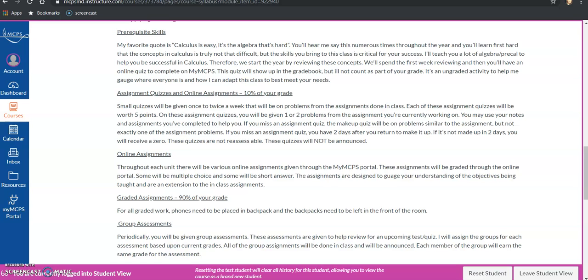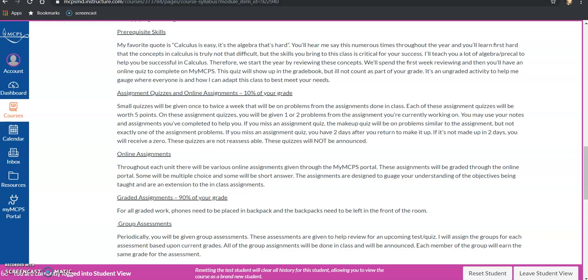prereq skills. You really have to know how to factor and simplify and deal with fractions and all that. Those prerequisites are huge. You'll hear people say, and me say, the calculus part's easy. It's the simplifying and the algebra that makes it hard. So the best you can do to hone those skills, the better you will